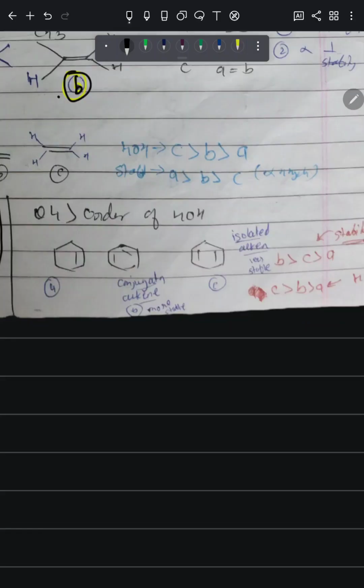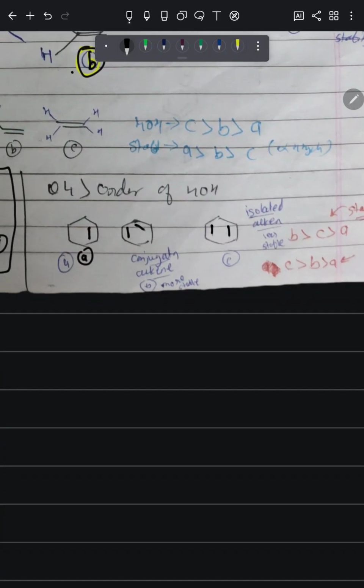In the next question, for the order of heat of hydrogenation, in the first molecule there is a benzene ring and one pi bond present. In the second option there is a conjugated alkene, and in the third option there is a double bond but they are not in conjugation. So now let's talk about the order of heat of hydrogenation. First we count the number of pi bonds. So step 1 is the number of pi bonds. B and C have 2 pi bonds, so they will come first and A will be the last one, and if we compare these two, they have the same number of